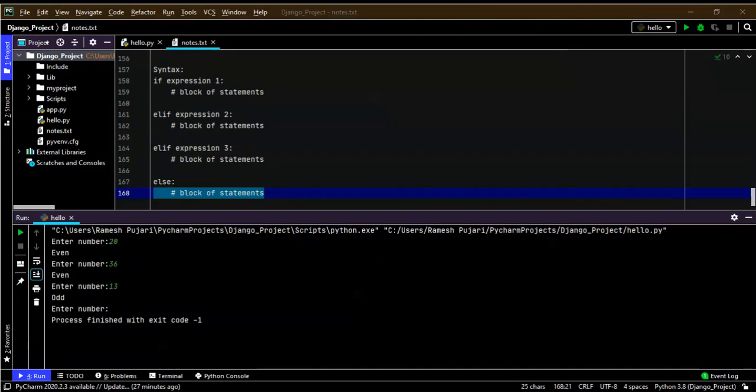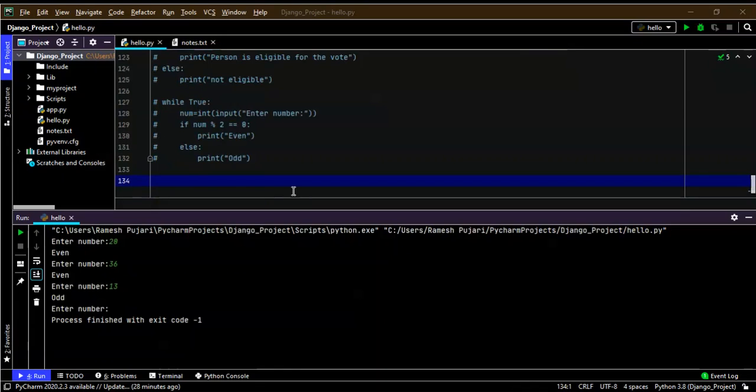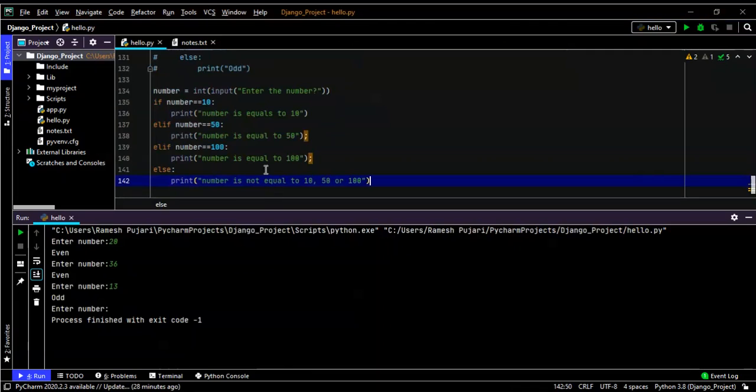So now I will take one example and understand how elif works in Python. So I will consider this example for elif conditions. Now we can notice here, I'm taking a number and asking the user to enter the number. Here I'm checking if the entered number is equal to 10, then print the number is equal to 10.